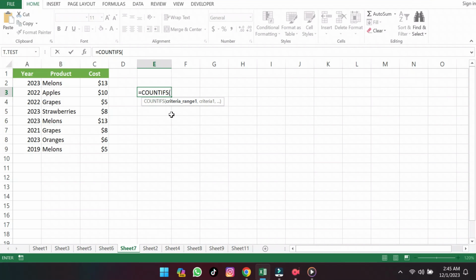The first parameter we will enter is the range of cells against which you want to apply the criteria. In our example, we will enter the range A2 to A9. This range of cells will be tested to see if they meet the criteria. The second parameter we will enter is the criteria to be applied against the range A2 to A9. This criteria can either be a value or a reference to a cell containing a value. In our example, we will enter